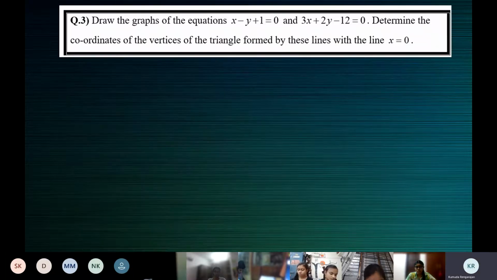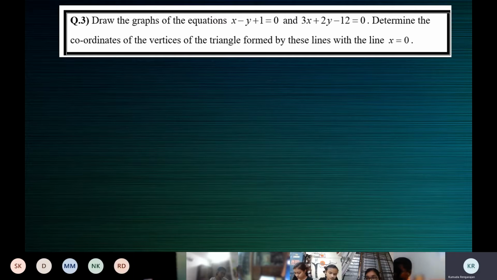Right, over to the next question. Draw the graphs of the equations. You can see the equations there. Determine the coordinates of the vertices of the triangle formed by these lines with x is equal to 0. So x is equal to 0 is what, children? Is the equation of the